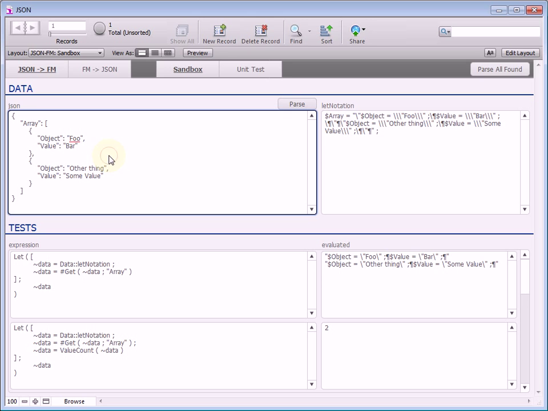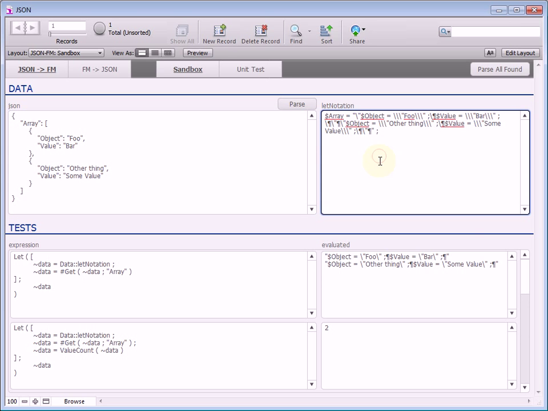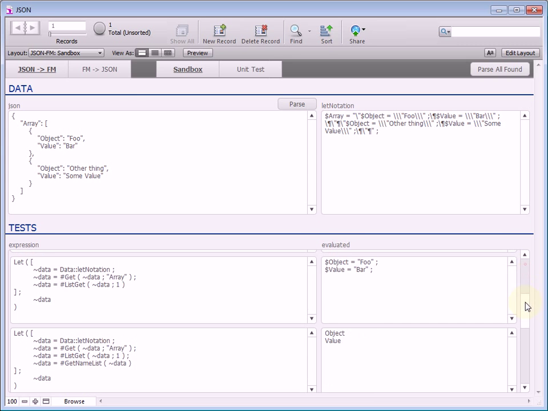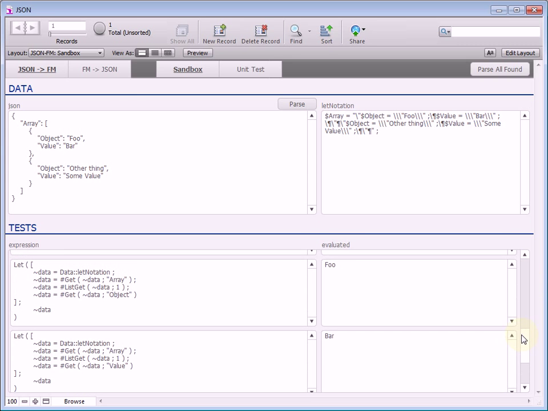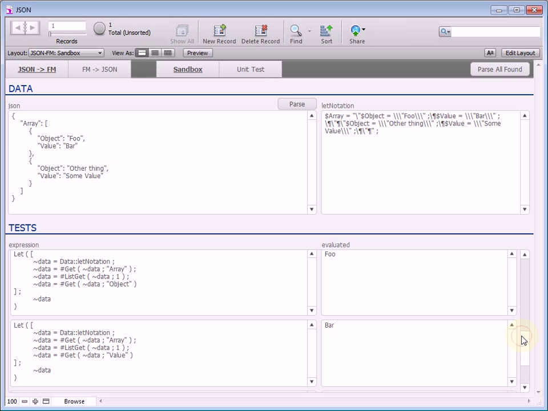In the first video, I took this JSON, converted it to LetNotation, and extracted data from it. In this video, what I'm going to do is create JSON from LetNotation. More specifically, it's about how to create the LetNotation in the first place to match the output format